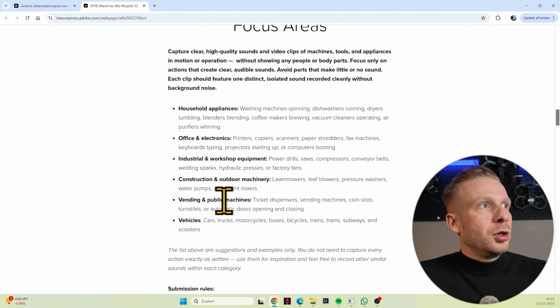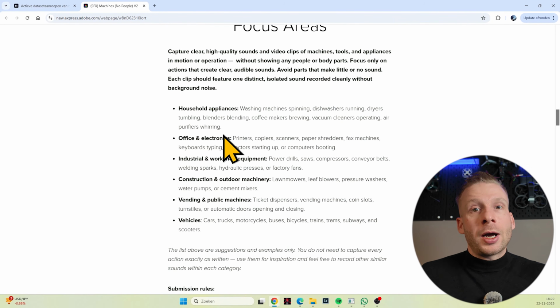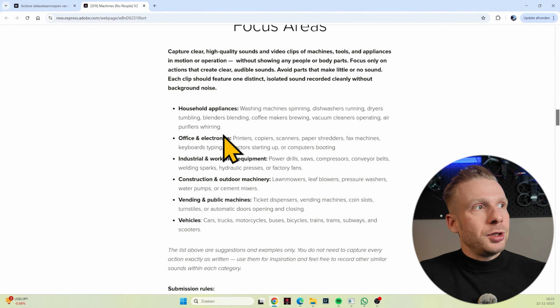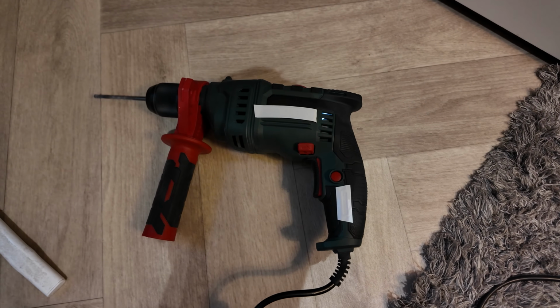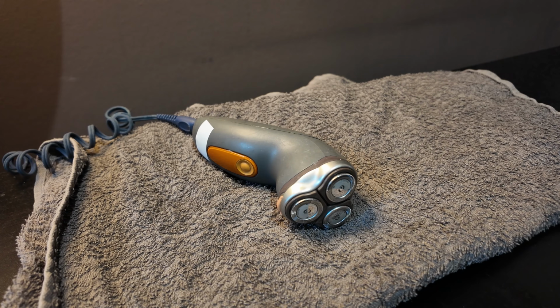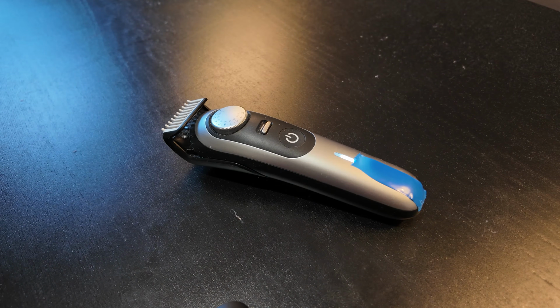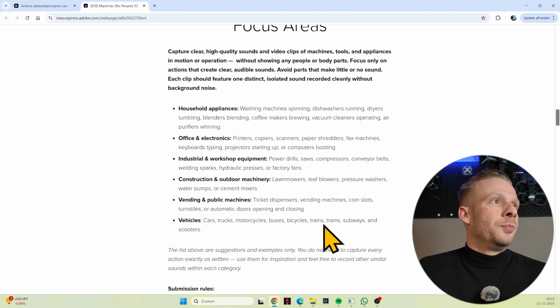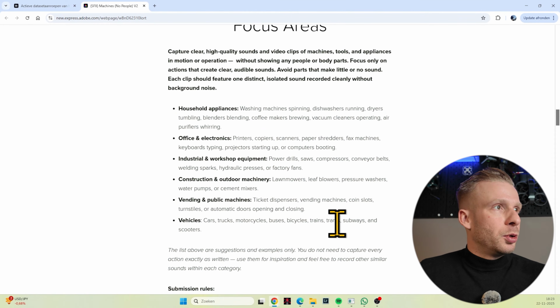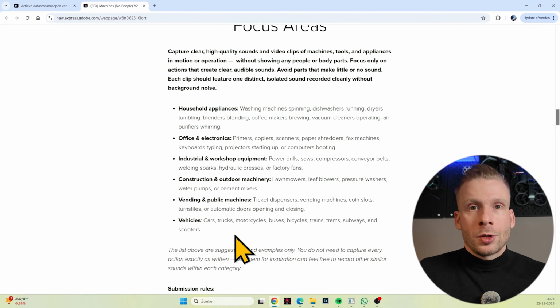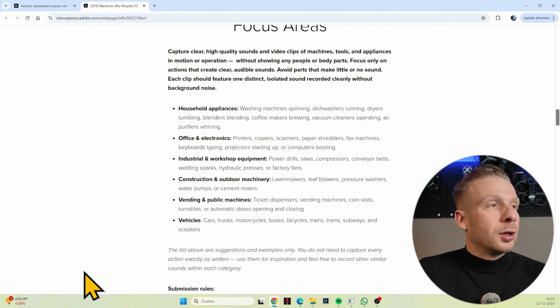Things you can film are many things. I already did the challenge. I did 50 machines that I could find around my house. But you can also do industrial and workshop equipment, but also cars or vending machines in public spaces. And you can also use machines more than once, as long as it's making a different noise or different function